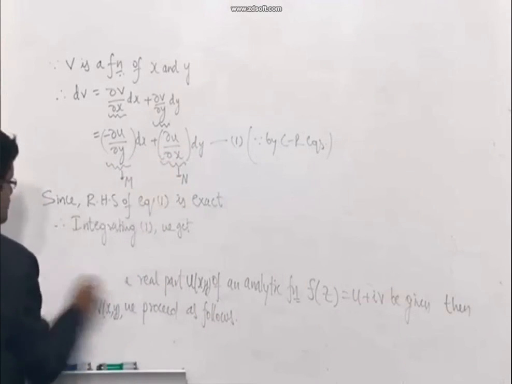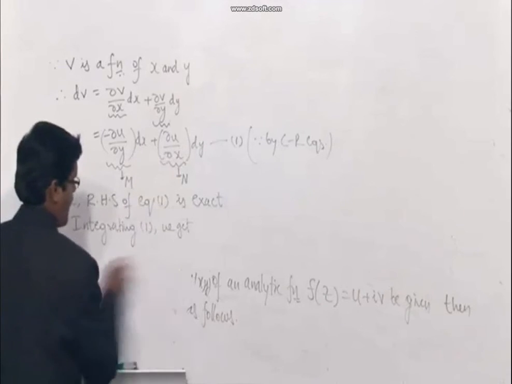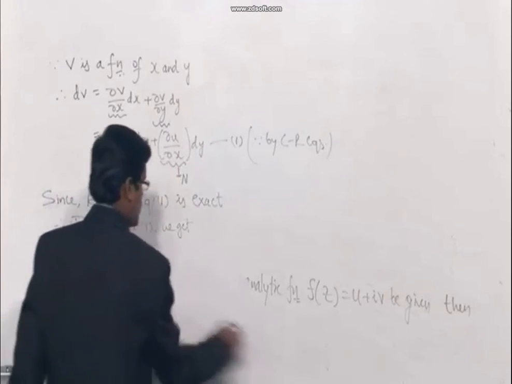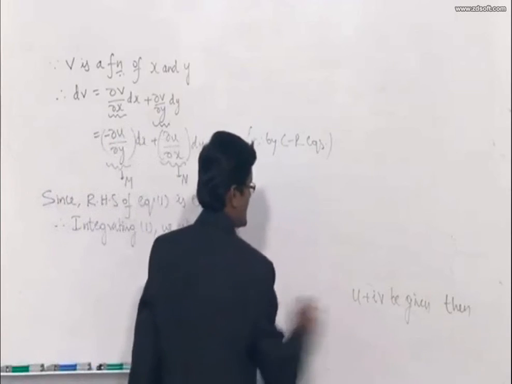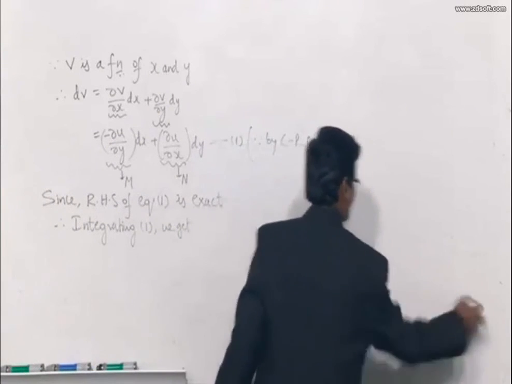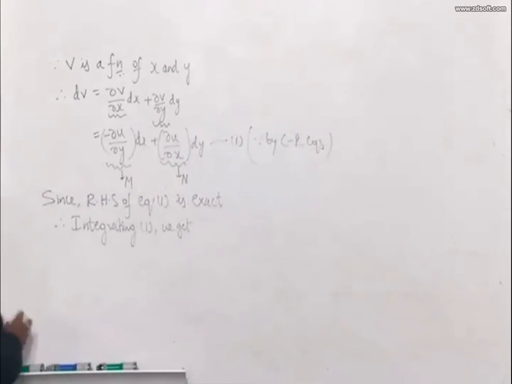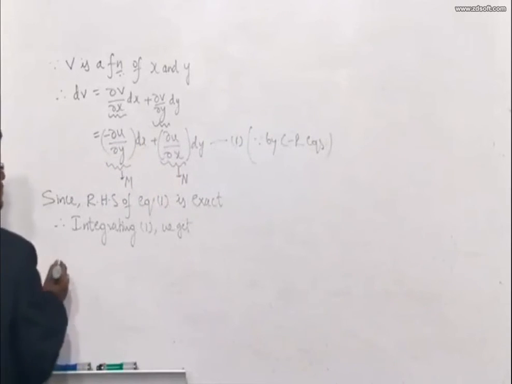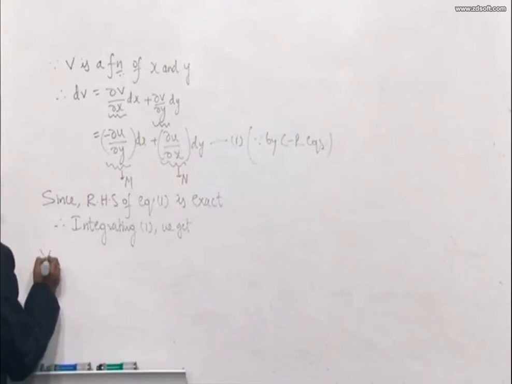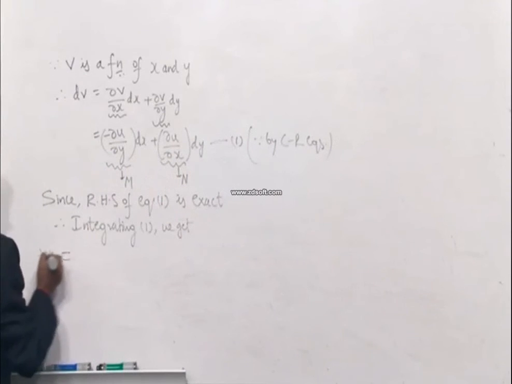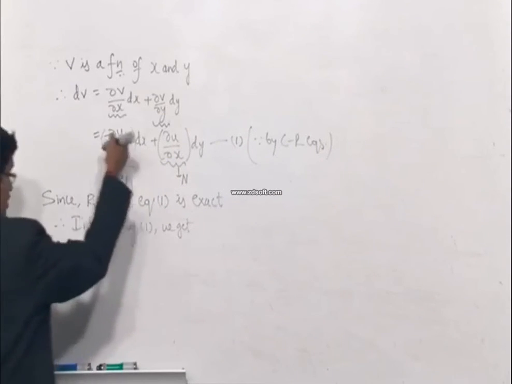Actually it is a proof. I will show you in the problems how the RHS is exact. We get on the left side, after integrating, the derivative cancels, which gives simply v, and on the right side,